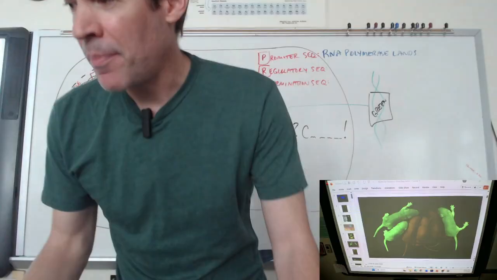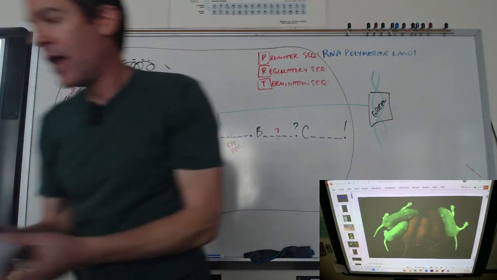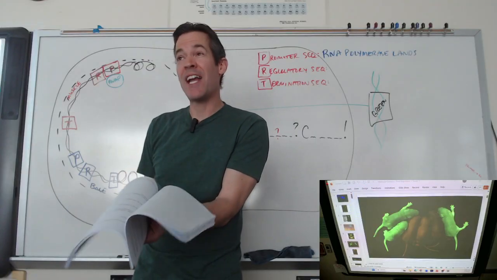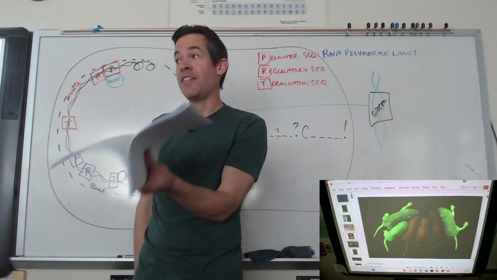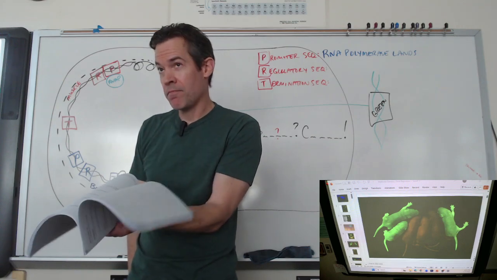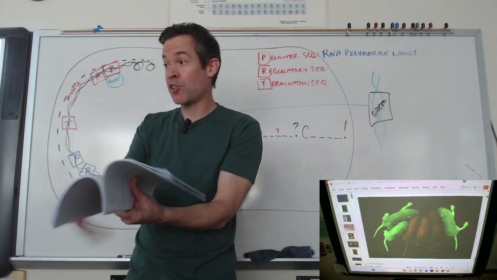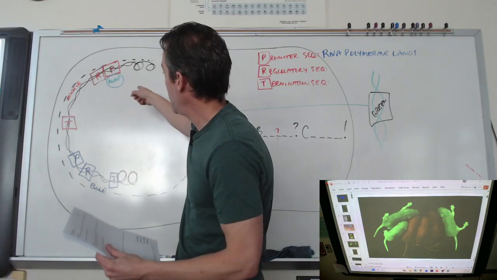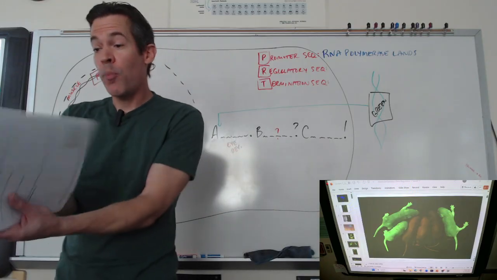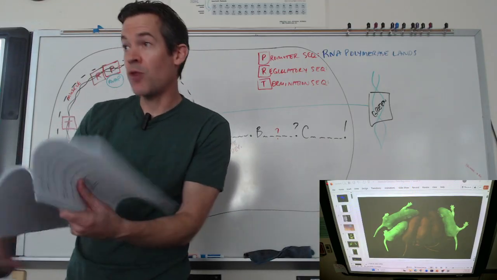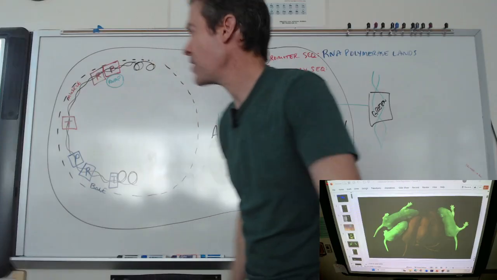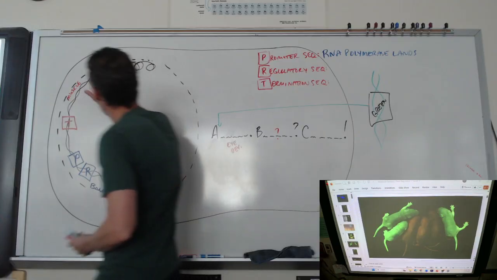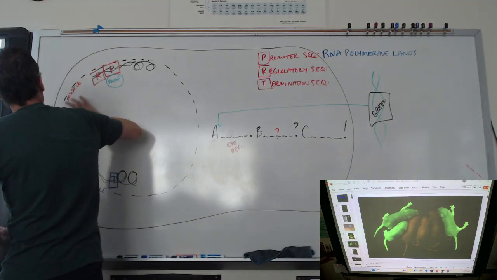Back to my analogy of French, I can copy this French book word for word perfectly and have no idea what it means. That's like DNA replication. In DNA replication, I'm copying it. I'm not reading it and doing what it says. I can copy this cookbook and not cook anything. When we're doing transcription and translation, we're actually opening it up and reading it and doing what it says. So RNA polymerase lands on the promoter and then it cruises along and unzips this DNA.